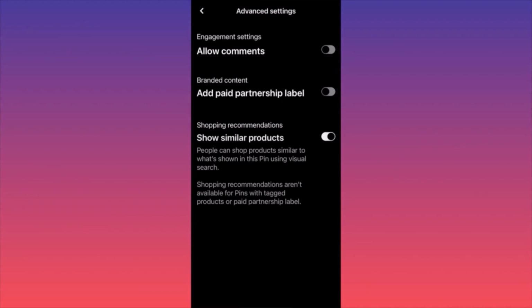Also, you can include shopping recommendations. This means that people can shop products similar to what is shown on the pin. If you have multiple Seiko watches and you have this toggled in, there is a chance for Pinterest to promote different watches from your store or from your page to other users. So you might actually have additional sales at the end.